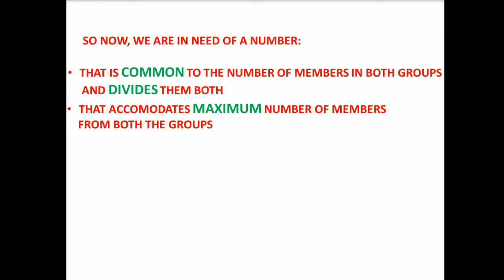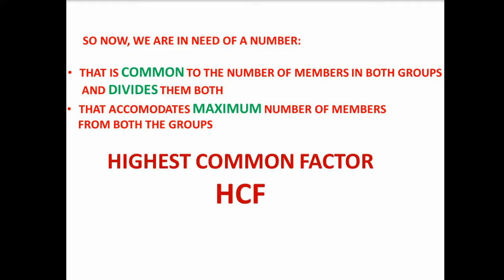So what's that? That's obviously the highest common factor. So now this is how I get the idea of finding the highest common factor for this problem. If we find the highest common factor, that will be the best suitable number for arranging the members in the parade so that it looks very pleasant, right? Now let's get into the problem and find the HCF by Euclid's division lemma and find what is the exact number in which we can arrange, and then come back to our presentation and see what that arrangement is, right?